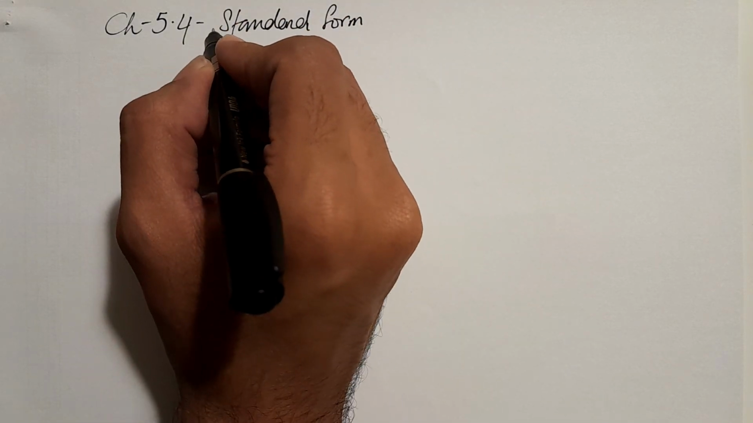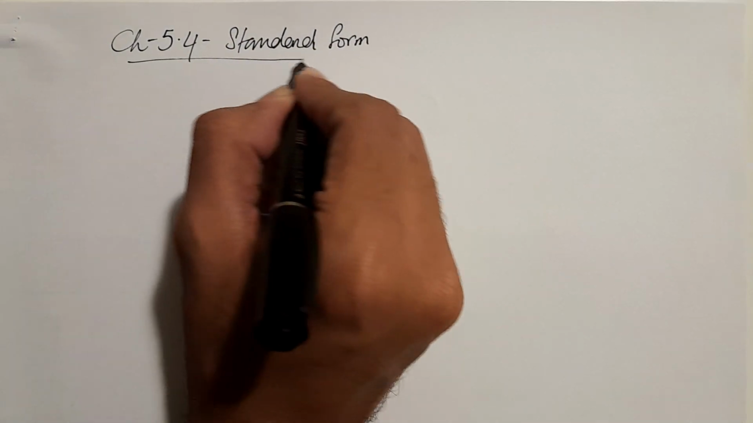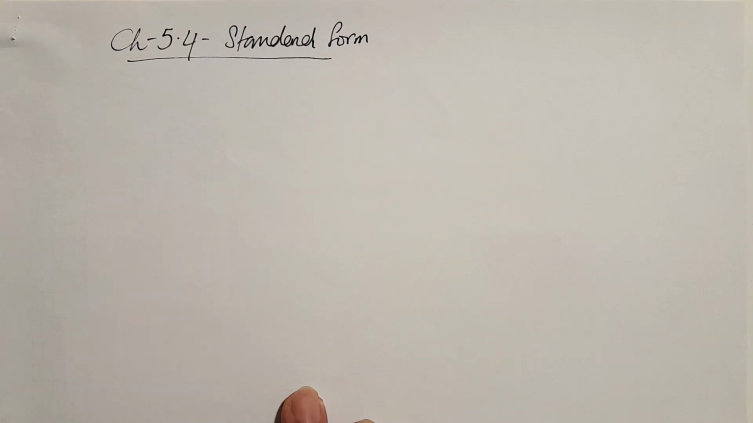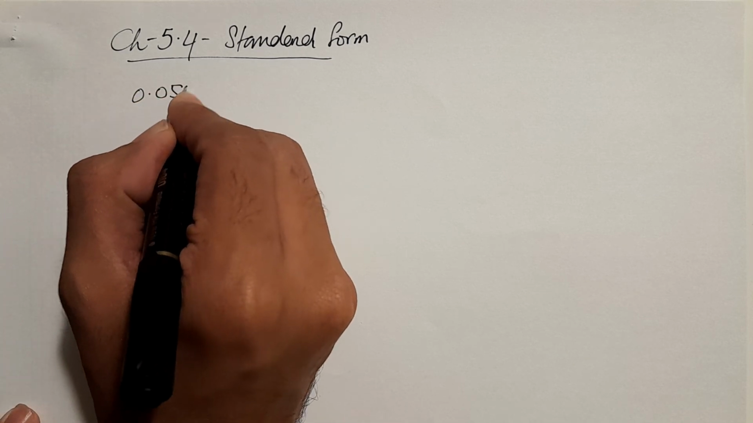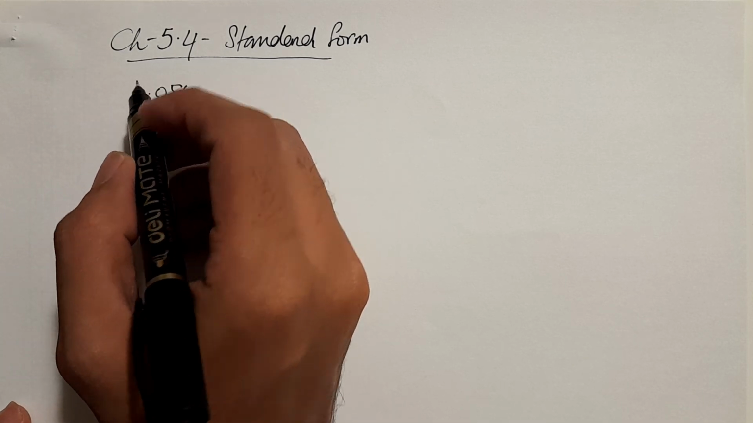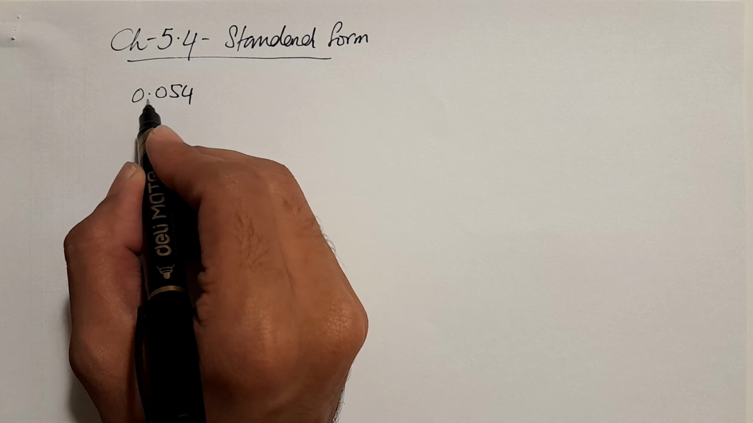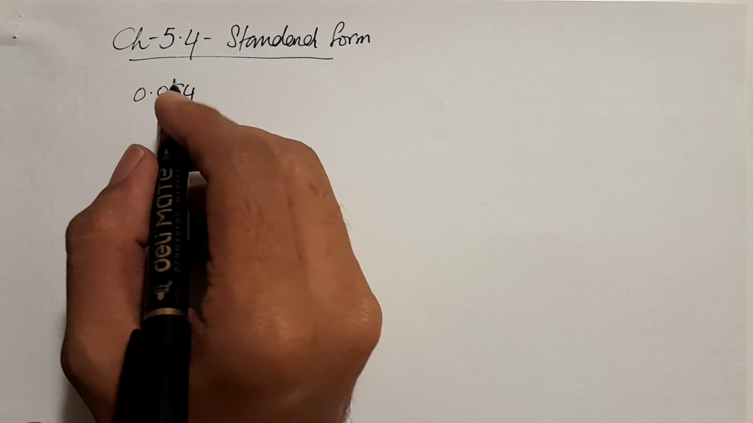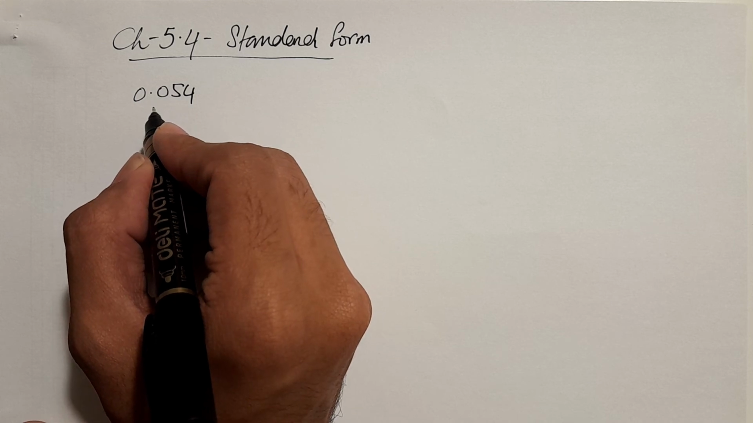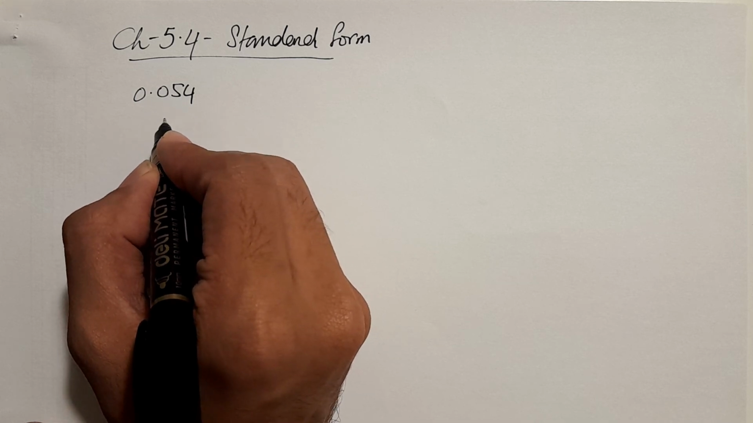So what basically is standard form? Standard form is used to express very small or very large numbers in a compact and efficient way. If you have 0.054, it will be easy to lose one or two zeros when counting how many zeros there are. So instead of writing 0.054, we will write